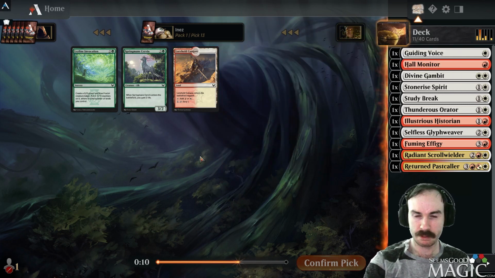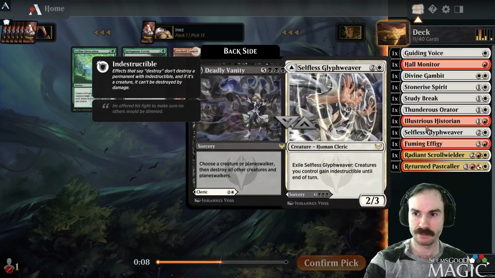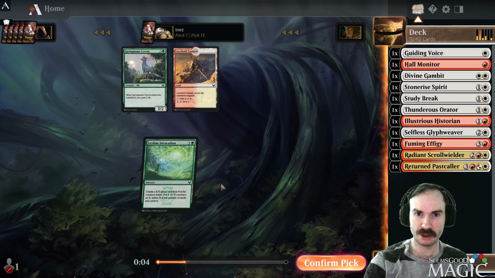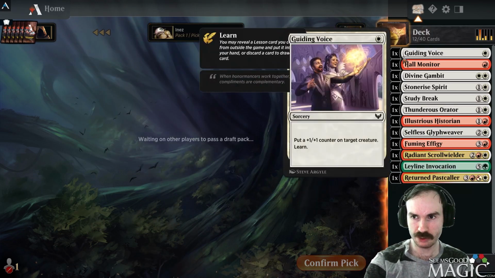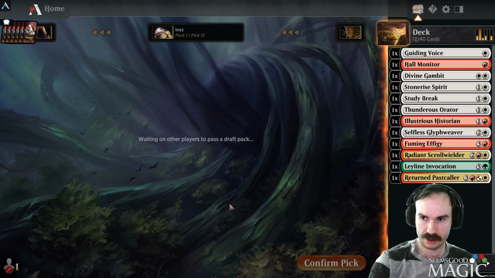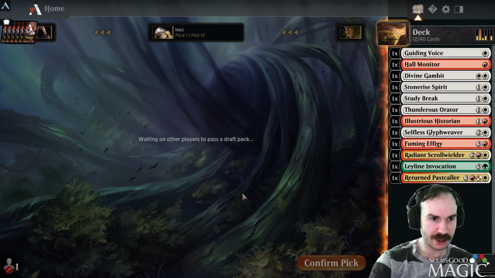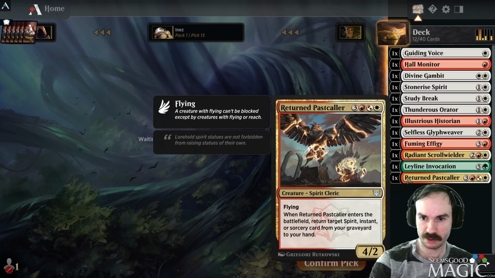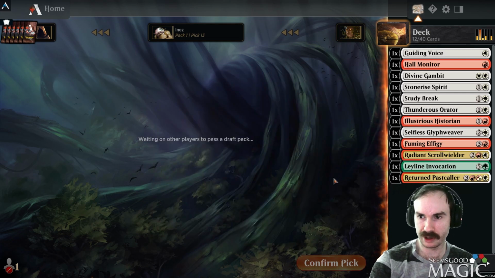So we can take the Campus, or we can take the Invocation. I mean, there's a chance we want to splash it. I don't really care about the red-white duel. It's fine, but of all the instants and sorceries we have to reuse with, like Scroll Wielder and get back with Pass Caller, Invocation is far and away the best one, so we might as well take it. If it pans out...